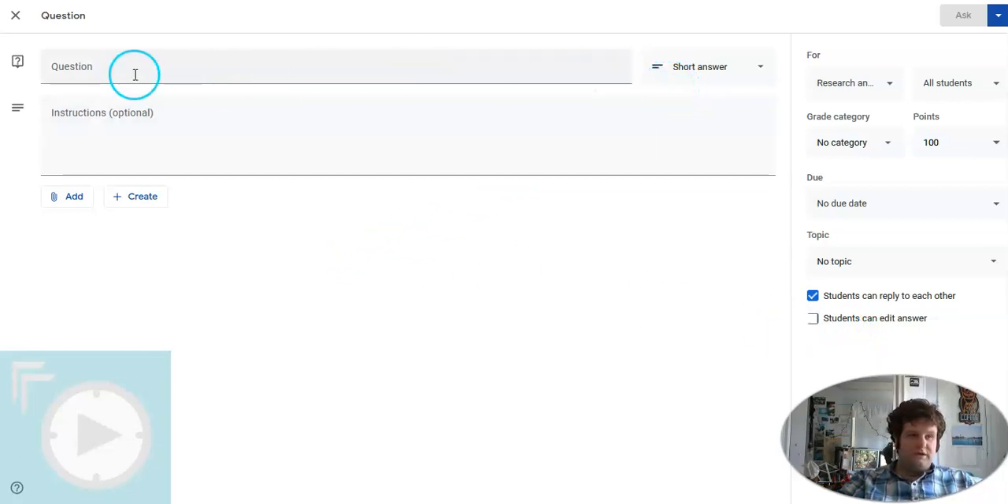Now for the other thing, you put in your question up here, whatever your question is that you're asking, or if you're putting in a discussion topic, you can put the theme there, and then you can put the instructions in here. Instructions, of course, are optional. One bit of advice, if your students aren't used to posting or replying to each other's posts, I recommend developing some protocol advising them on how to appropriately respond to one another's